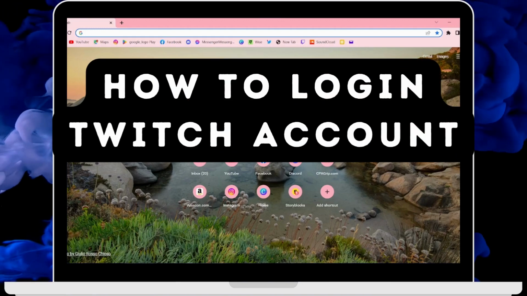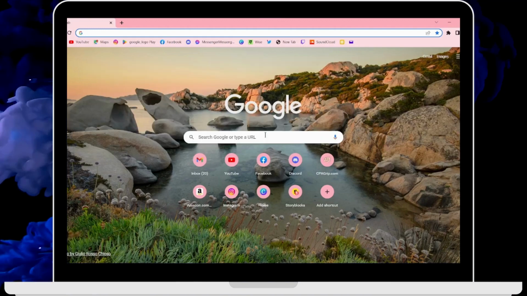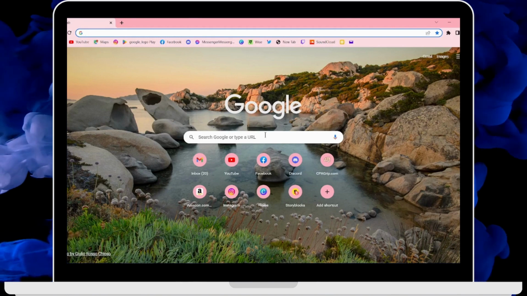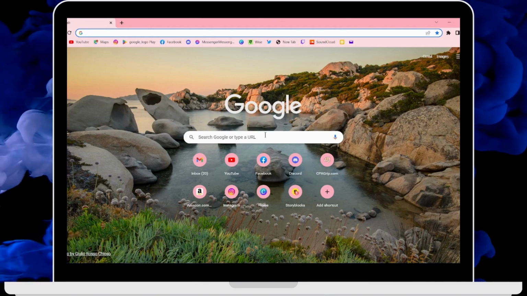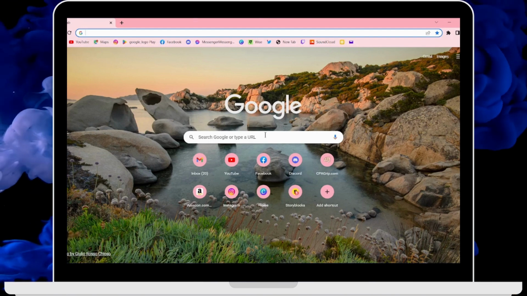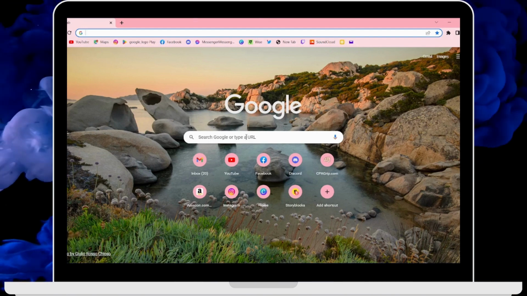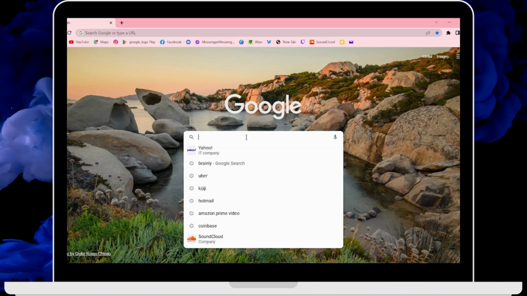How to log into Twitch account. So if you want to log into your Twitch account, then first of all make sure you have a stable internet connection and then open up a browser, any browser that you're comfortable with. I'm here with Google Chrome browser, and now on the search bar search for Twitch,